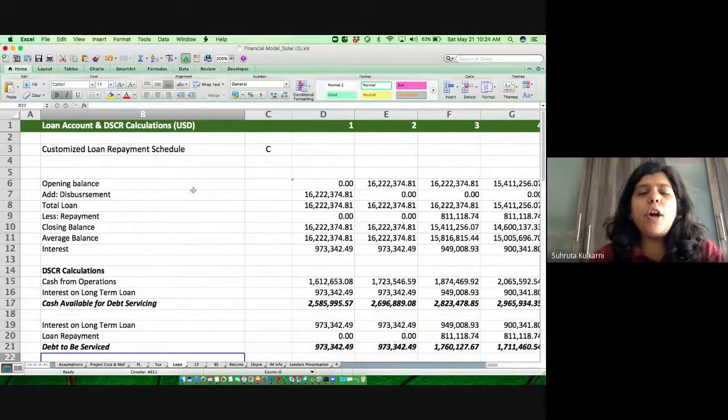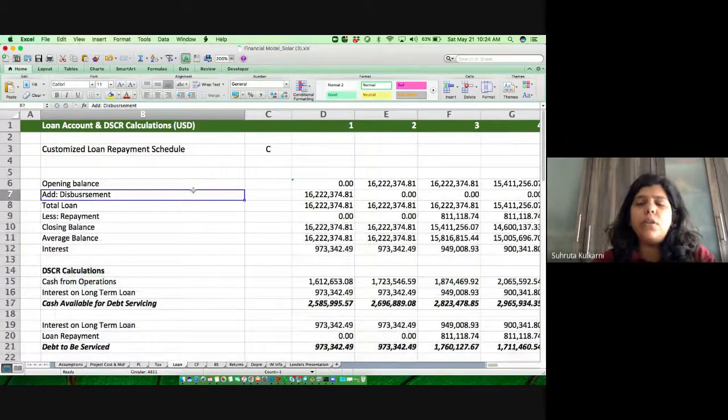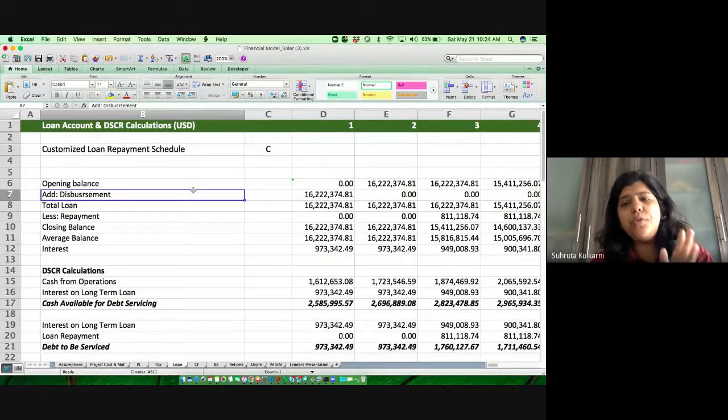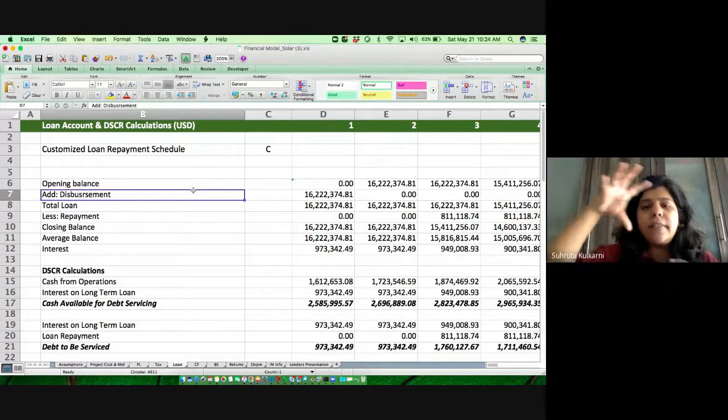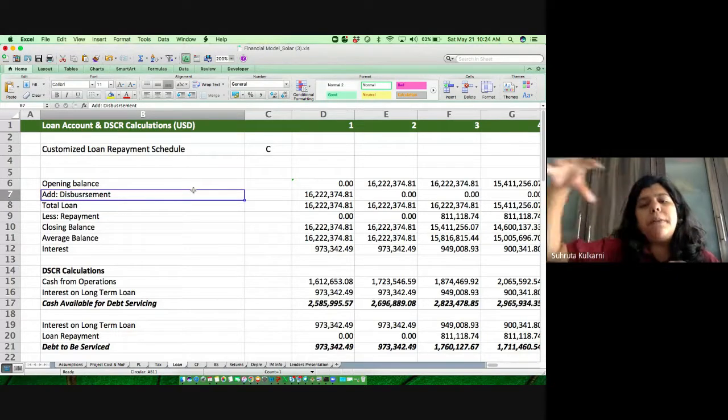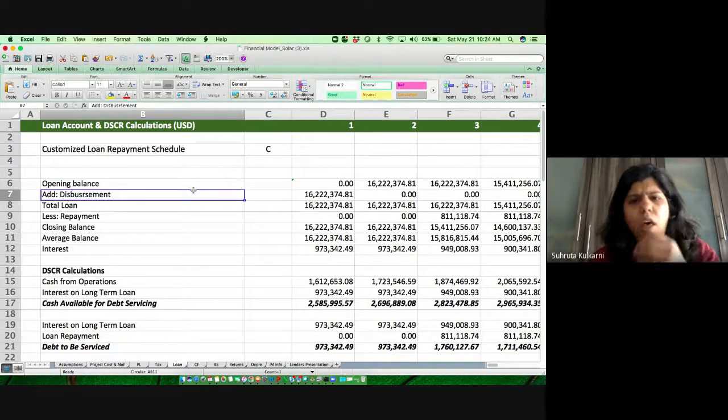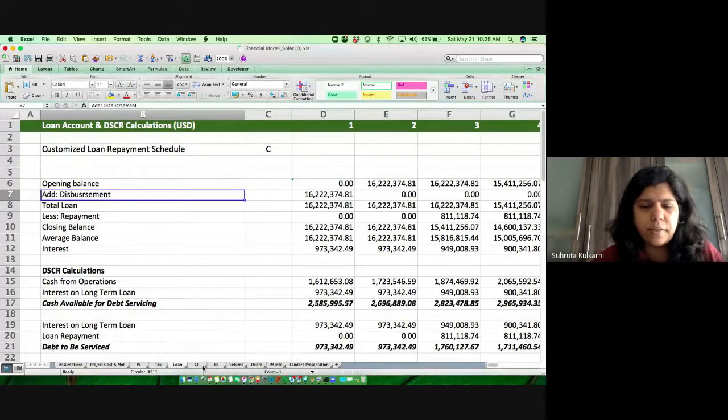But we have the option to repay the loan as per the revenues that we are getting. So the revenues in the first few years are low, while going ahead it is high. Hence we said that we will repay the loan accordingly, and this is called a ballooned repayment structure. And there could be different structures for this also.